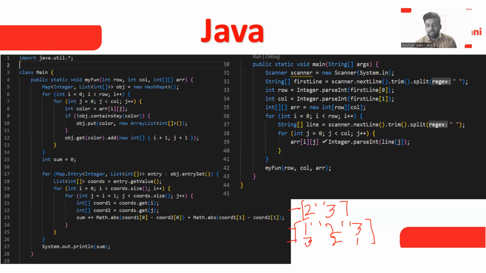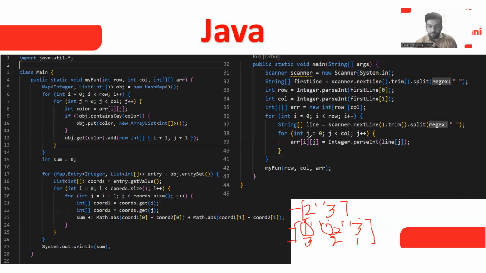What is the line here? Line is the whole line that contains the 1, 2, and 3 elements, and the length of the column is 3. So this loop iterates first over this, second this, and third this, and we are storing in 0,0 the value line[j], meaning line[0], the 0th element. So we are storing in 0,0, then 0,1, then 0,2. This way we can store the result in our array.